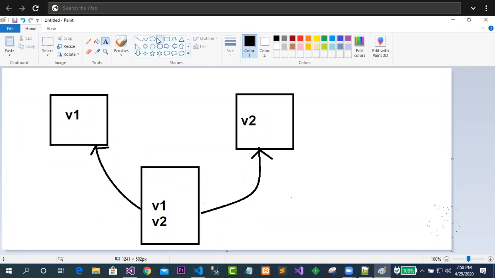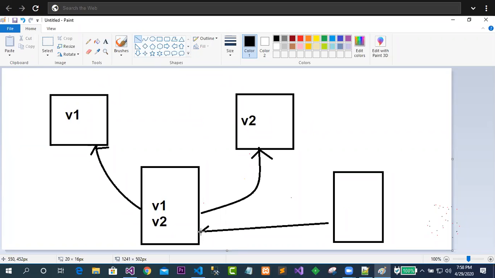Now this is going to be implemented by an object. This object is implementing this third interface. Just try to observe again. The third interface is extending this one and this one. These two are nothing but interfaces, and this is also an interface. This interface, by extending, is getting v1 and v2 from both the interfaces.